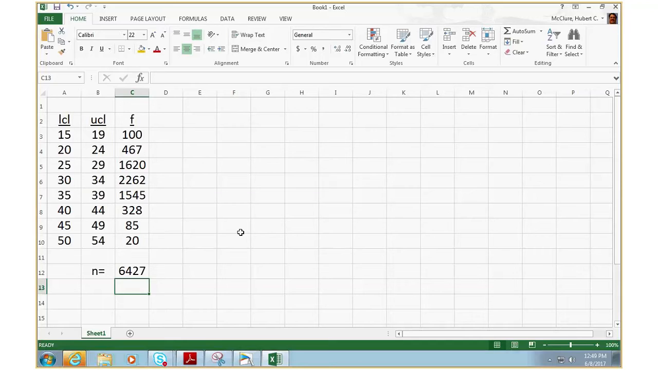Okay, so the next thing you need to define is class width. So I'm just going to put down here the class width, and it's very easy. You just take one of the lower class limits and subtract the other. So what's 20 minus 15? What's 25 minus 20? What's 34 minus 29? So the class width is